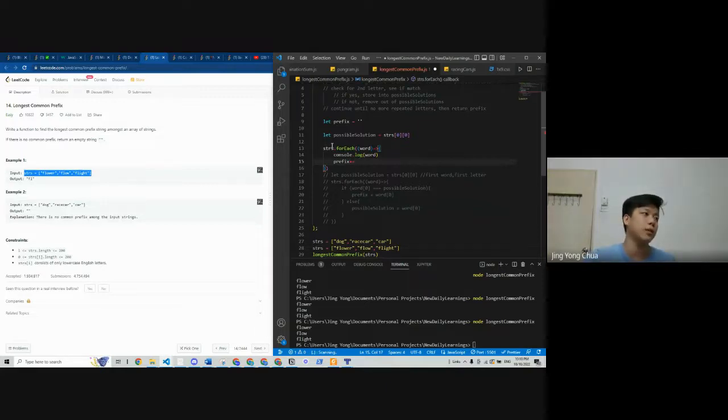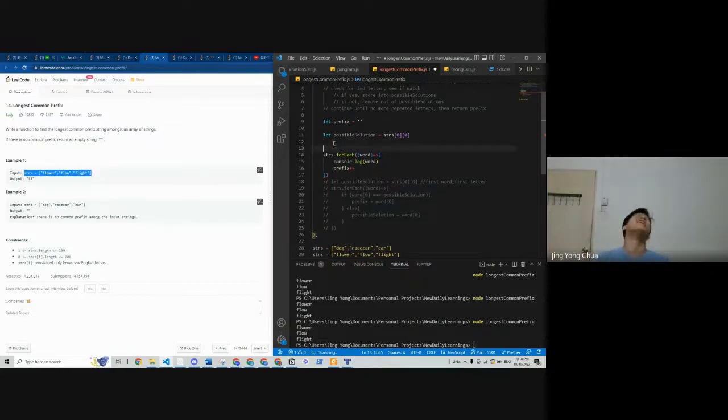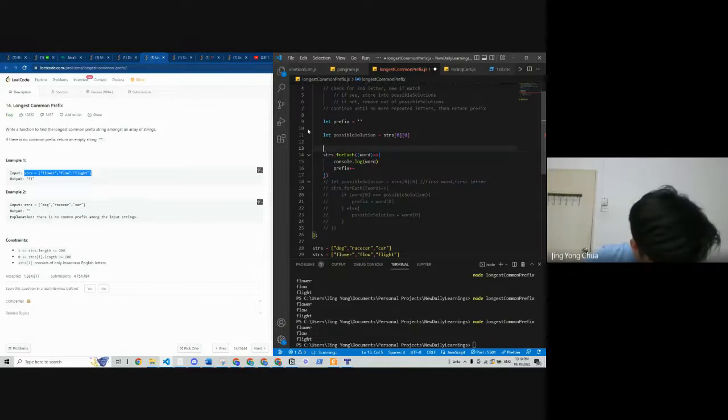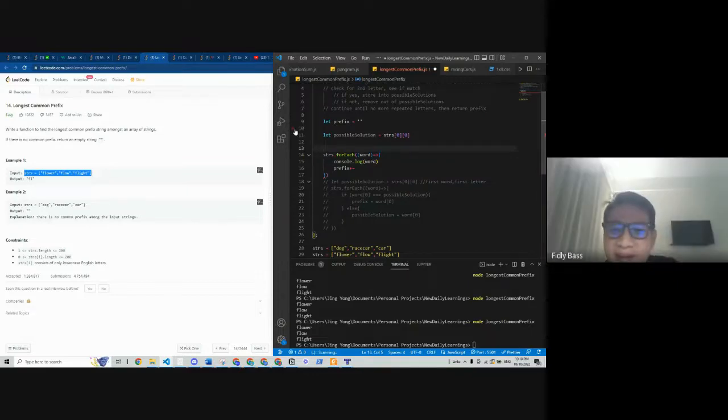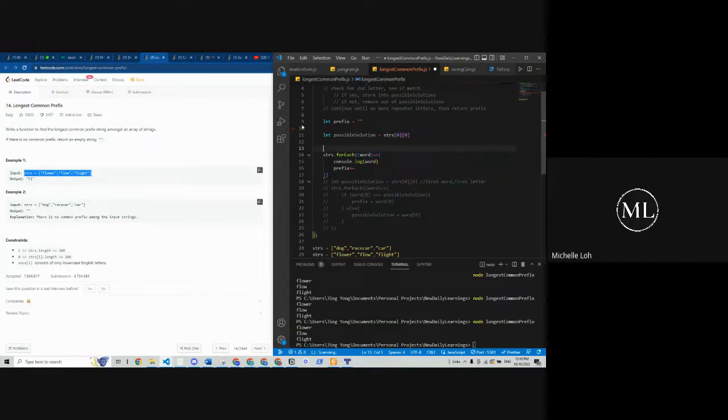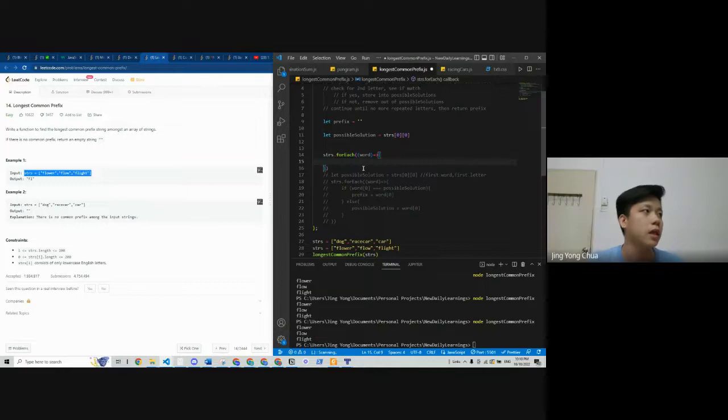Okay, that means, how do you find the shortest word? Is there a min function in JavaScript? Minimum. Ah, minimum. Yes, there is. But for numbers, right? For numbers, yes. Then you just have to count the length of each item, each element in the list, and then find the minimum. Yes.